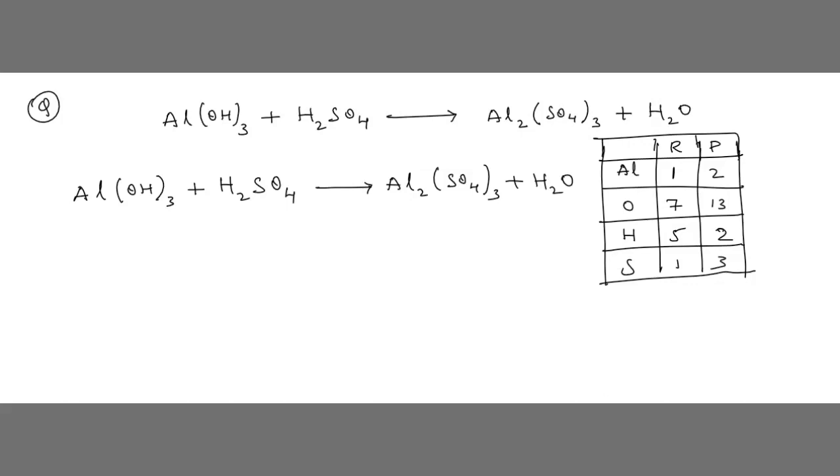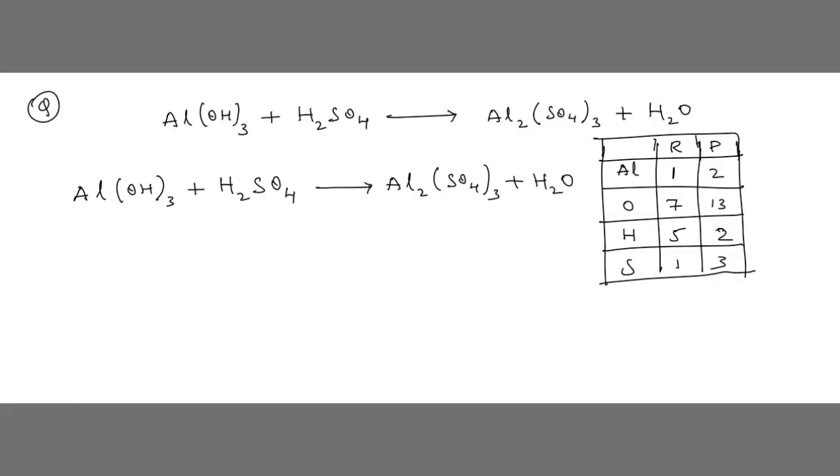In the next step, can we take which is easy? If you want you can take the highest, or if you want you can take the easy one, both are one and the same. See, if I want to take O, here SO4 is there and here O is there, so more confusion is there. Actually 13 is the highest, but here confusions are more, because one O is there in the bracket, one O is there separate, here one O is there with H, here one O is there with SO4, and here one O is there again with H. So it is quite confusing, right? So we don't take that.